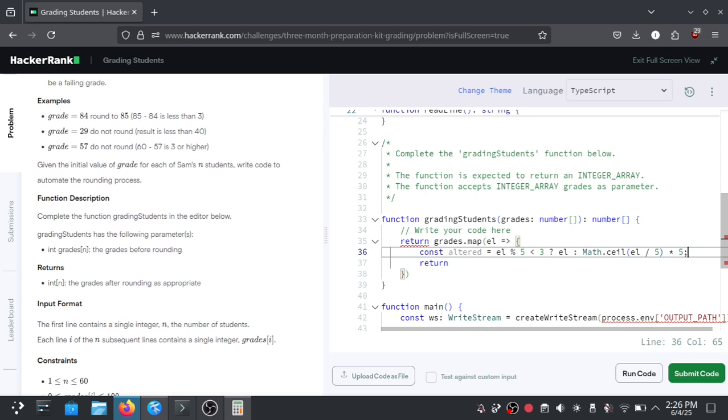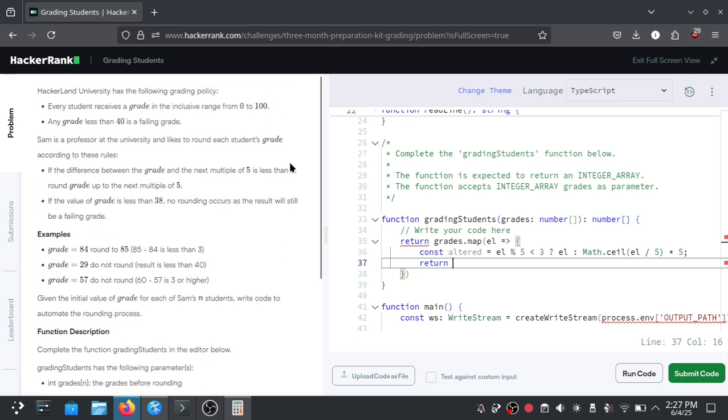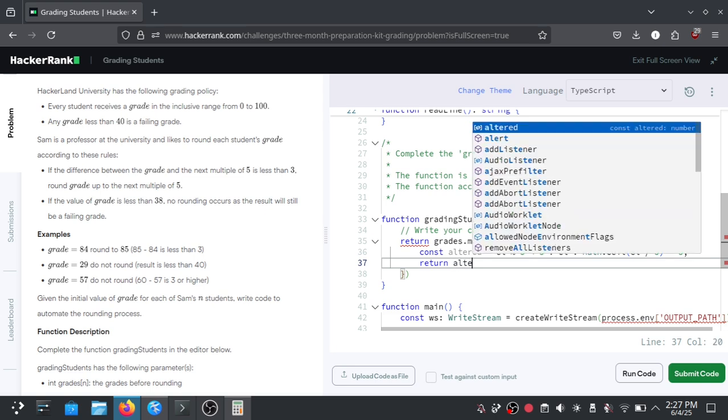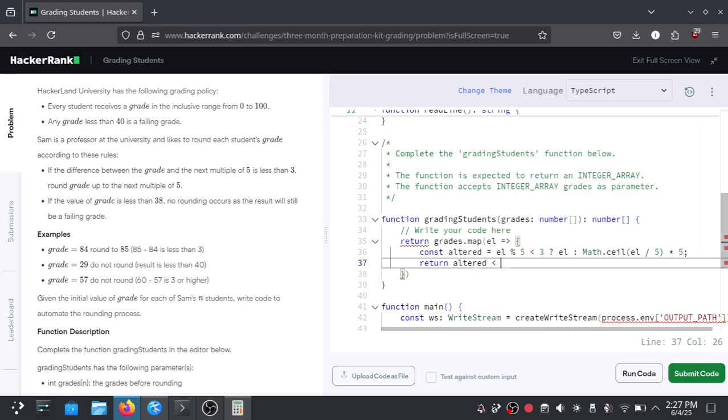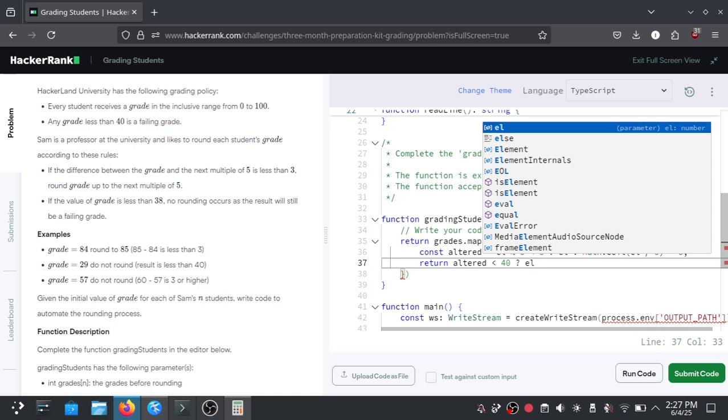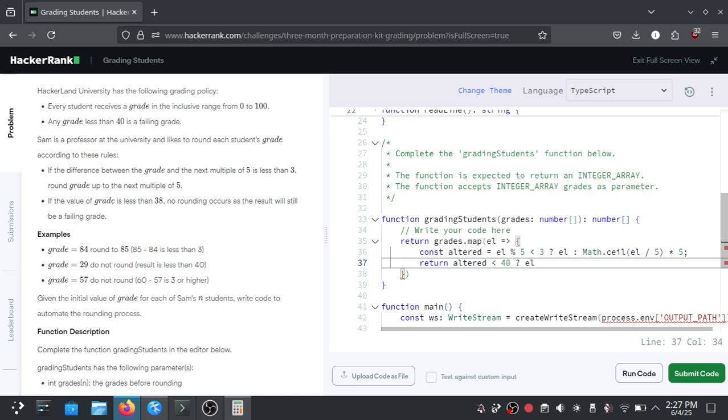That fulfills the professor's rule. We return the altered value if it's 40 or higher, and if it's below 40, we keep the current element as is.